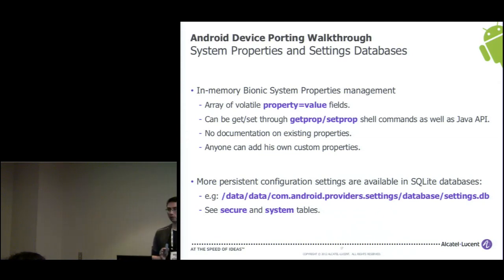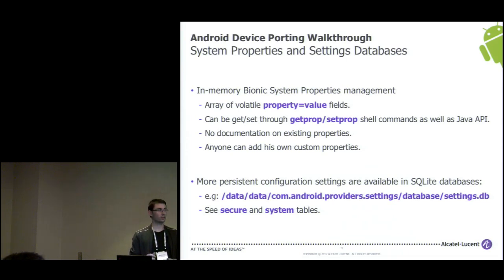You have the possibility to declare some properties and assign them values that the Android system knows. So Bionic has the capability to keep in memory this array of properties and values. This is also one of the very specific things that they have done in the C library.